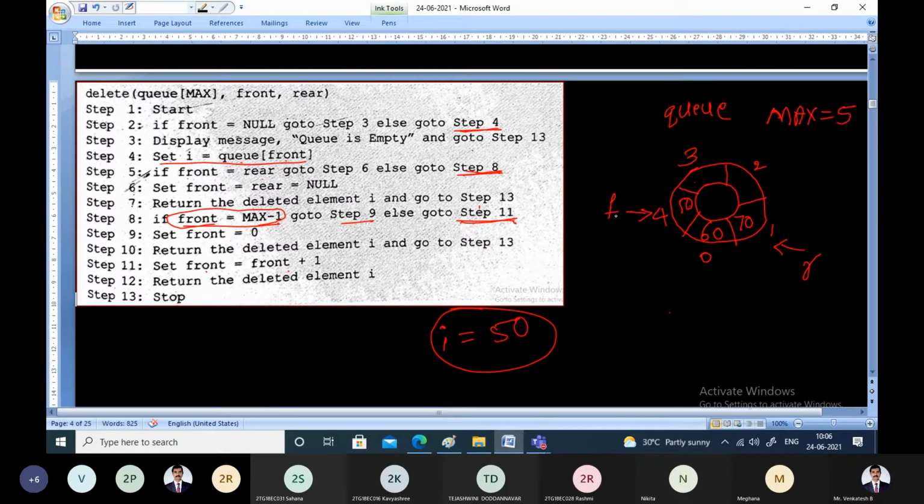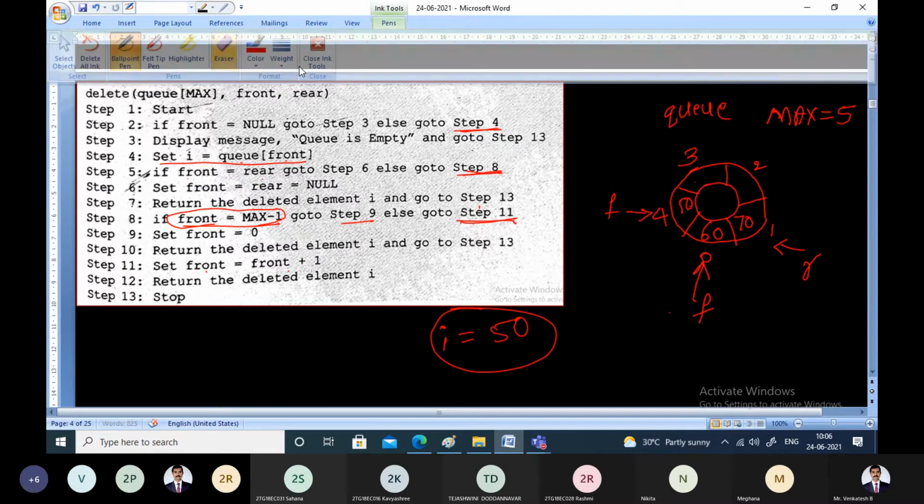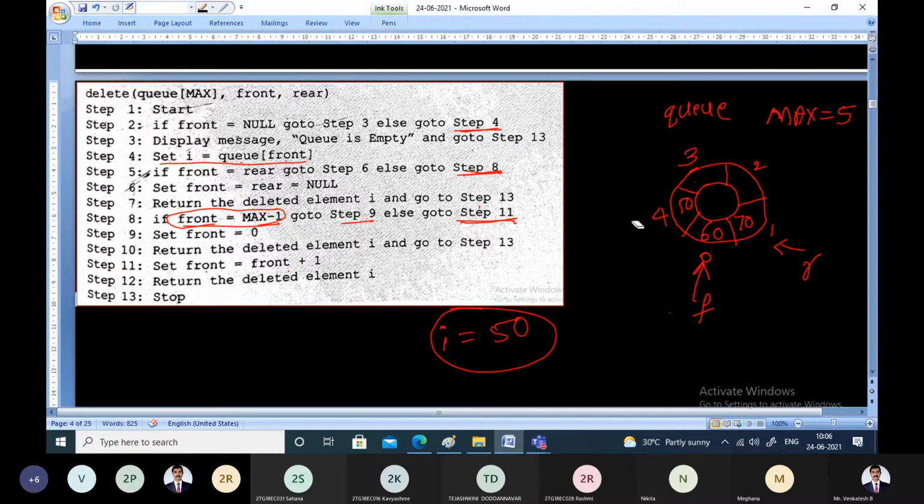Instead of here, we will make front point back to 0 again. That means now front is getting advanced. And for completeness, I'll delete this, saying that the element has been deleted successfully from the circular queue. In step number 9, we simply reset the front back to 0.